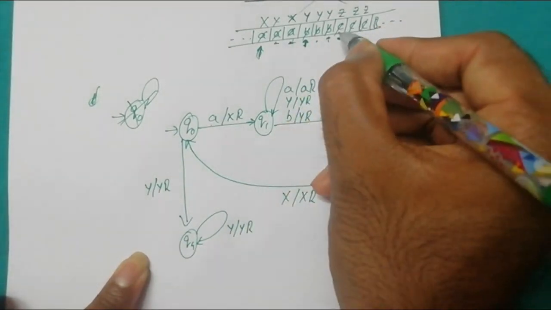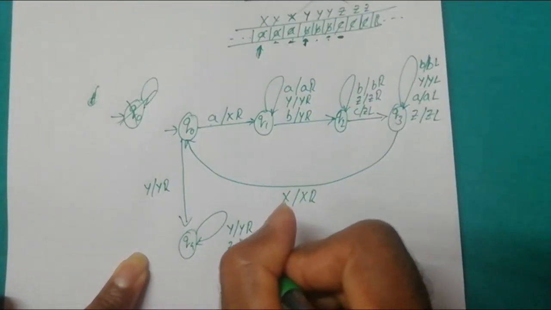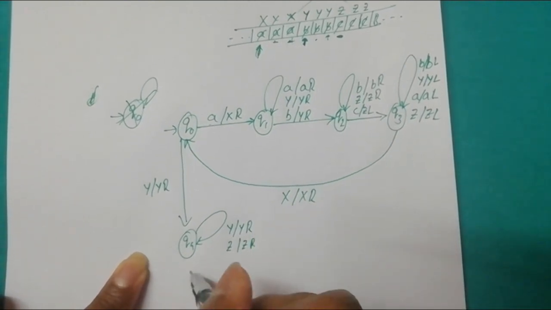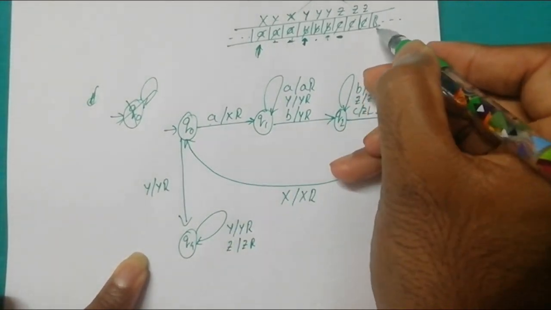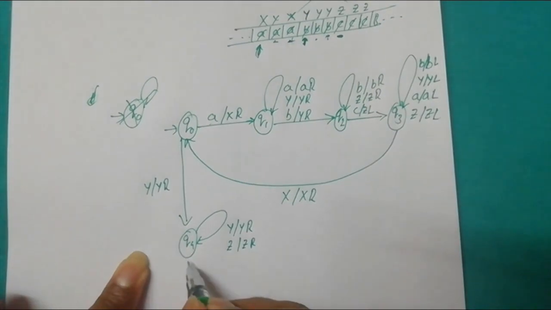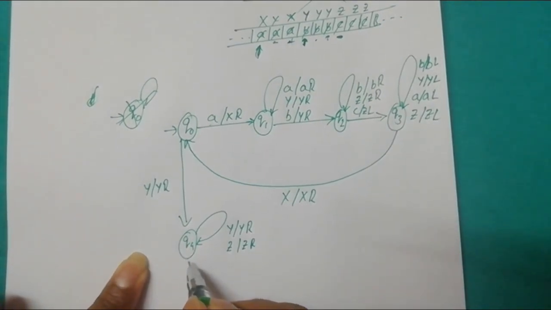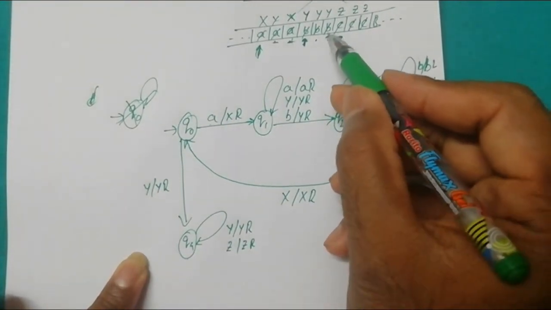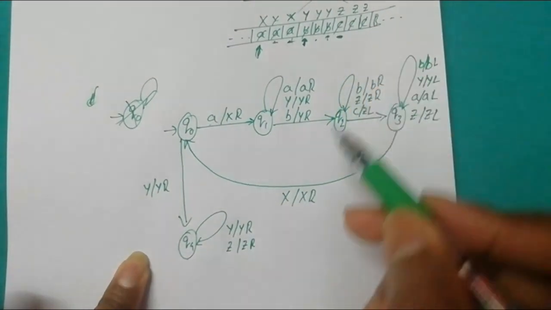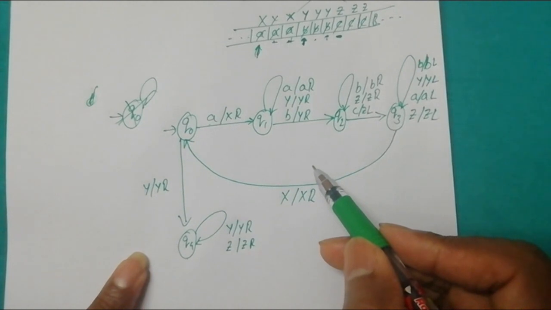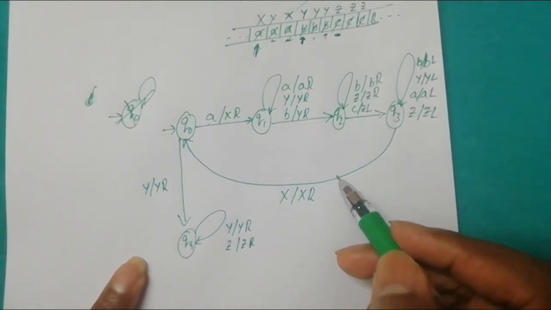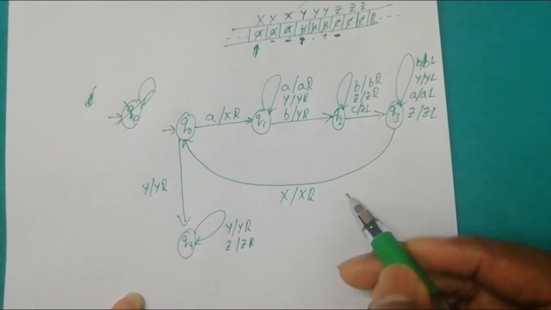Then q4 will come across with a sequence of z's. Again, just keep on skipping. q4 will come across with a blank symbol. If it happens, that means all the characters are converted to corresponding characters. If in case q4 comes across with either b or c, that means the number of b's or the number of c's are dominating the number of a's, which is a wrong string, which doesn't belong to our language. It should not be accepted.